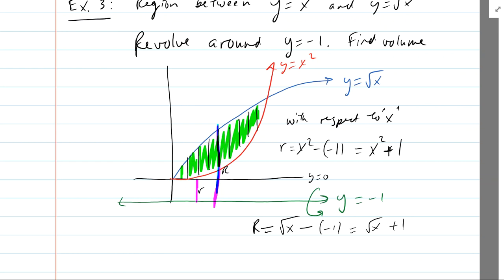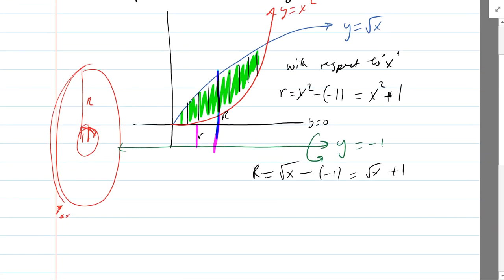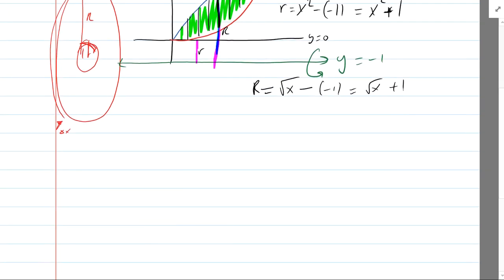Drawing a cross section. We just draw a cross section. So there's my little r, and then here's my big R. So the little r makes the hole. The big R makes the whole washer. It has a delta x. That's delta x. This also has that depth. So I have an area, a volume, so it's an area of the outer circle minus the area of the inner circle times the height, which is dx. So my volume